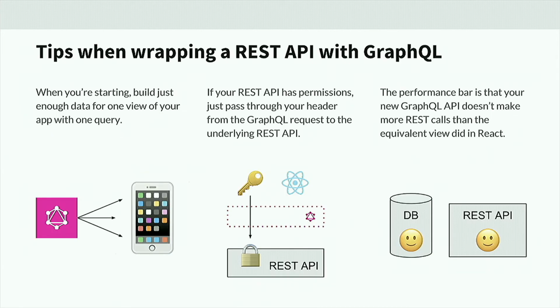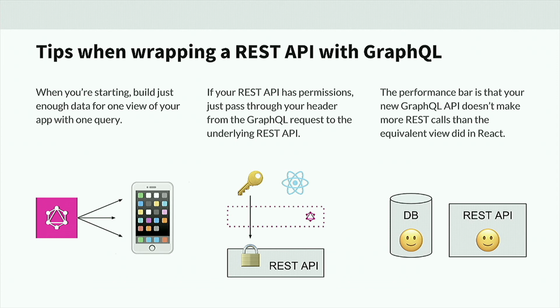So again, some tips when you're wrapping your REST API with GraphQL and you're making those fetch calls. I would suggest when you're starting and you're trying to build a proof of concept or a demo, build just enough of a schema for one view of your app or a single query, or maybe just a couple views, so you can get the feel for what it's like to use your data through GraphQL without embarking on a huge replatforming effort. Part 2, if your REST API has permissions built in, which it probably does if you were calling it directly from the client before, you don't have to do anything with those in your GraphQL API. You can just pass them right through and let your REST API handle the business logic and the permissions